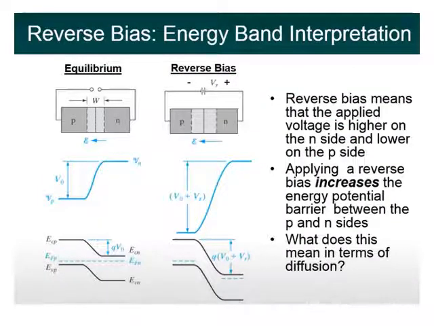Now coming to reverse bias energy band interpretation. In reverse bias energy band interpretation, we are seeing that the difference is again increasing. It is more compared to equilibrium. In forward bias, we have seen that the difference is less compared to equilibrium. Here, the difference is more compared to equilibrium. Why? Again, you can see here the depletion region has widened. Why has it widened? Because this potential is creating such a condition, and this voltage is getting added to this